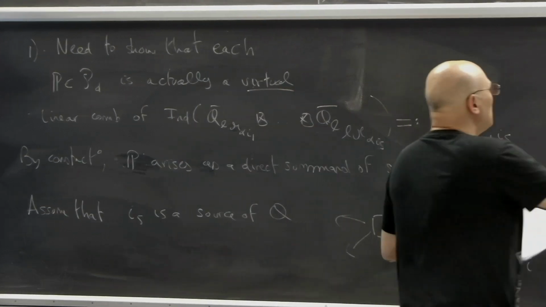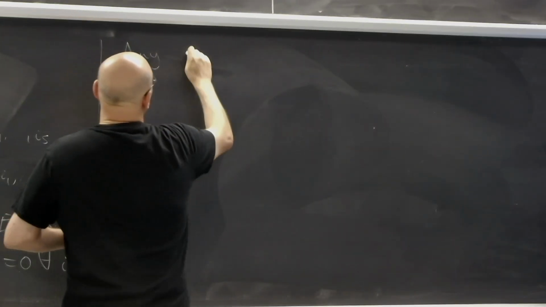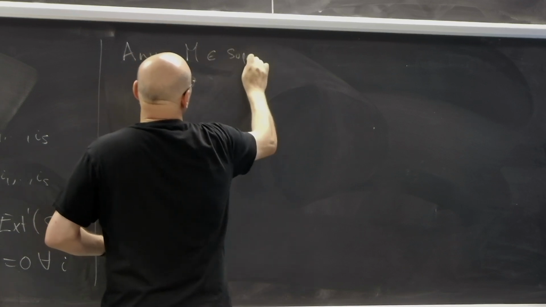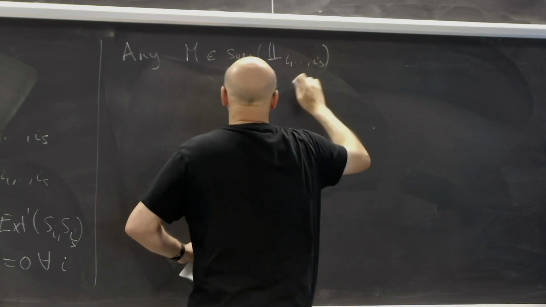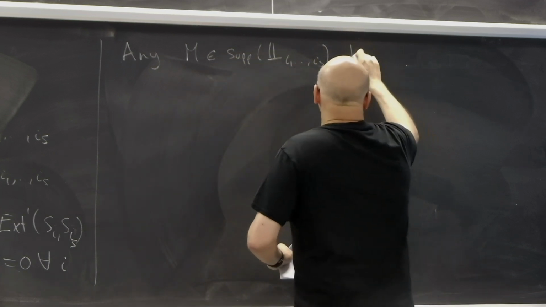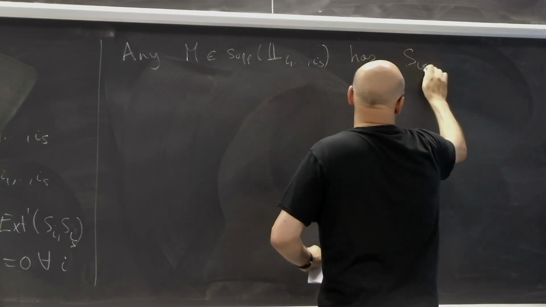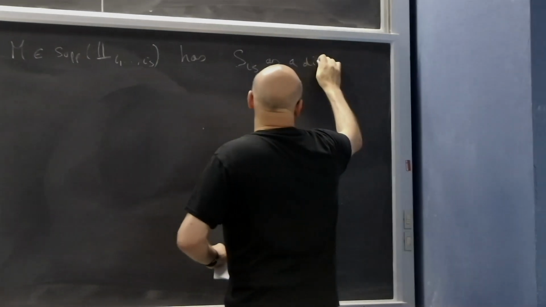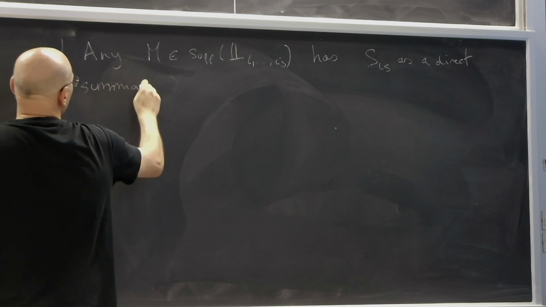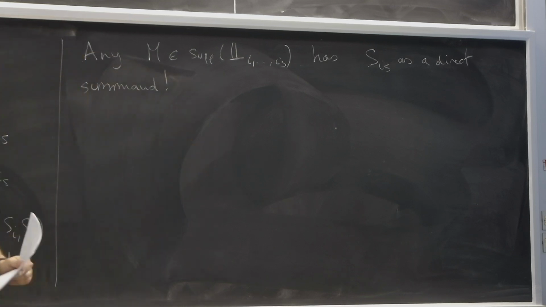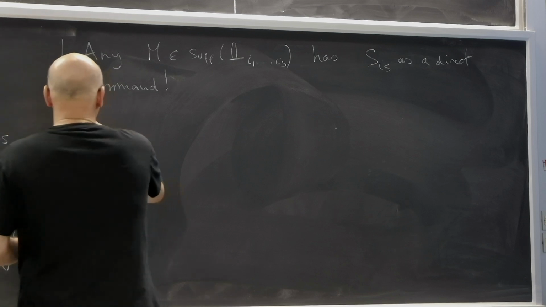Right? So any M in the support of L I1 up to IS has SIS as a direct summand. Okay, this is because this is a source. Okay, so this means that we can stratify